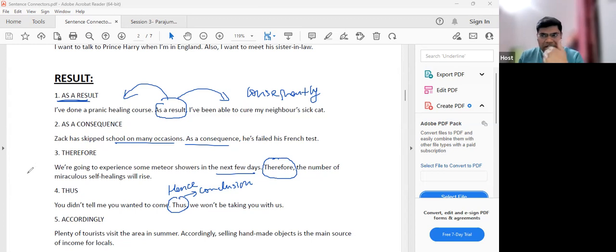So when you say that's why I have come here, so I want to write CAT paper, that's why I have come here. That's why is basically showing a reason which has come in the earlier sentence rather than a consequence. It's a reason. Consequence is result of something. Reason is basically the cause of something. So result and cause are two different things. Don't confuse them.